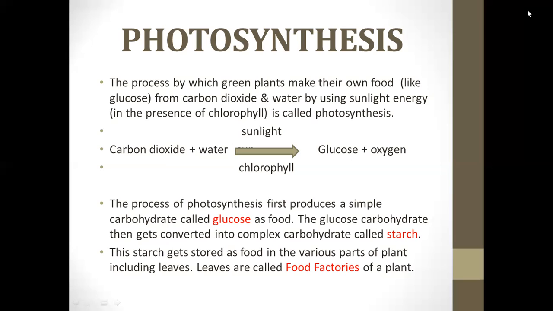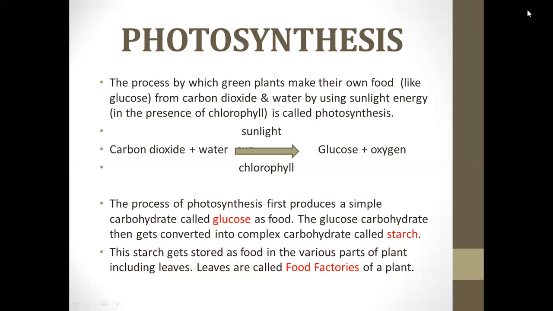So leaves of the plant can synthesize food because क्यों कर सकते हैं leaves? Because they contain a green pigment called chlorophyll, which is necessary for making their food. Other parts of the plant usually cannot synthesize food, which are non-green in color because they do not contain chlorophyll. इसका मतलब हुआ कि ये जो